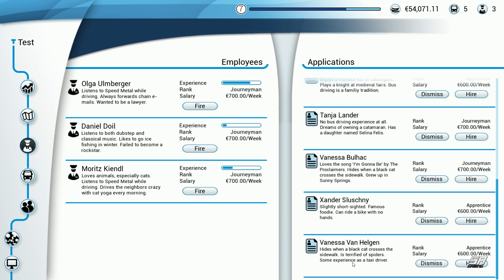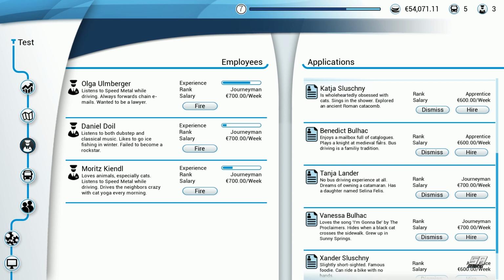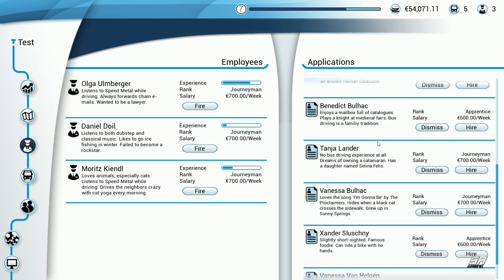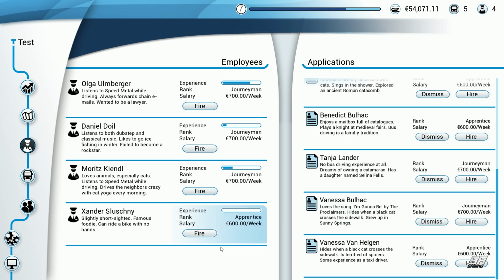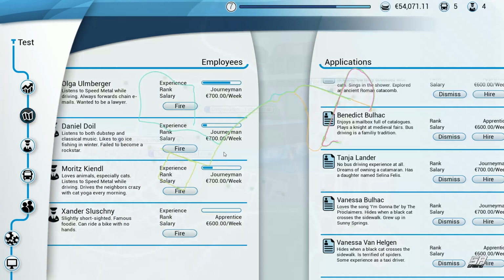Okay. Hides when a black cat crosses the path on the sidewalk, is terrified of spiders, some experience as a taxi driver for Vanessa Van Halen. This is apprentice, journeyman, so no. Okay, so I think we're going to have to pick Xander, so let's hire them. Perfect. And let's go back and...